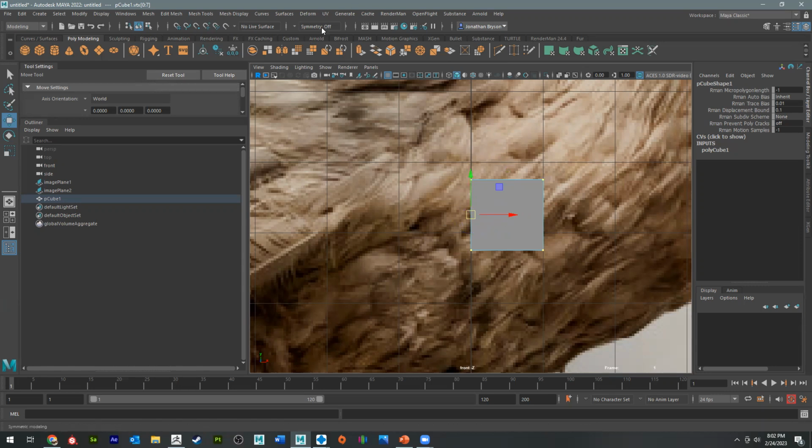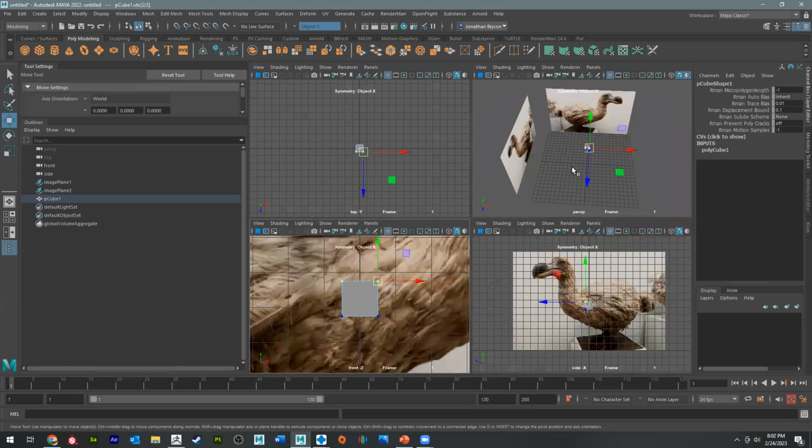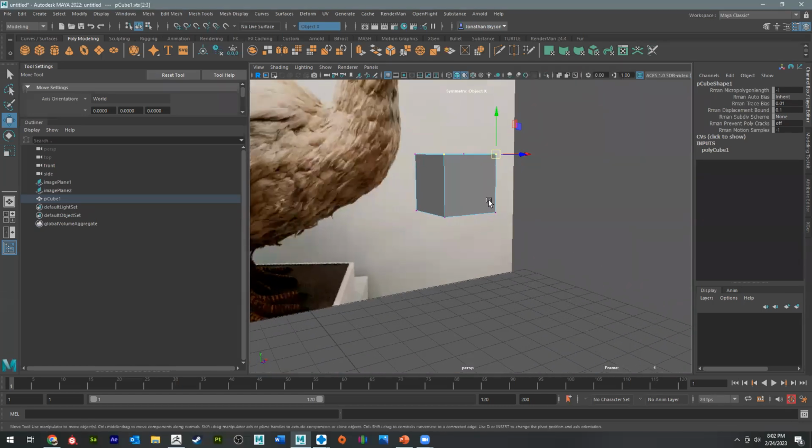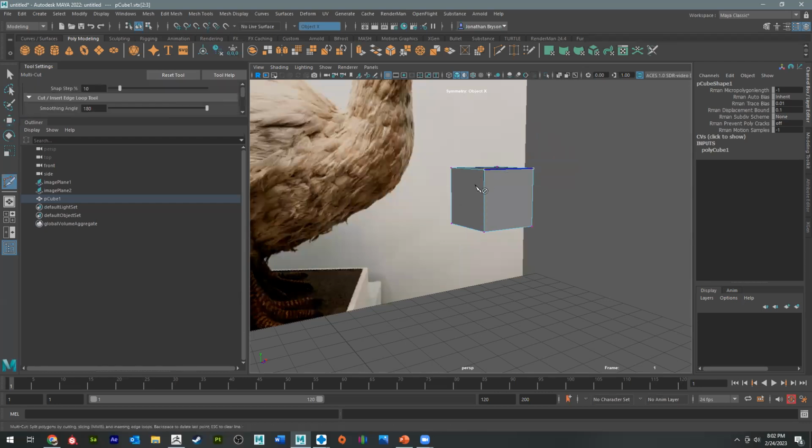Okay. Actually, I don't need symmetry on at this point. You could have symmetry on if you want. We could just do symmetry, object X. You may end up running into an issue though where it's not giving you really good symmetrical movement, but that's fine. All right, let's run a multi-cut